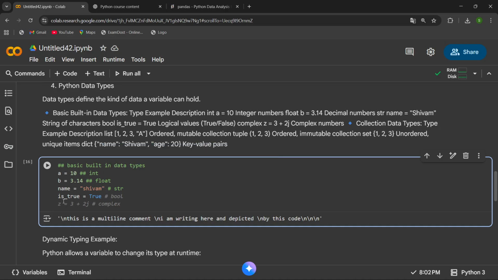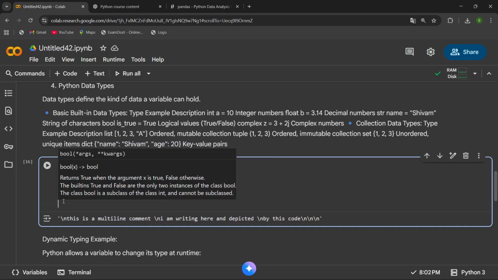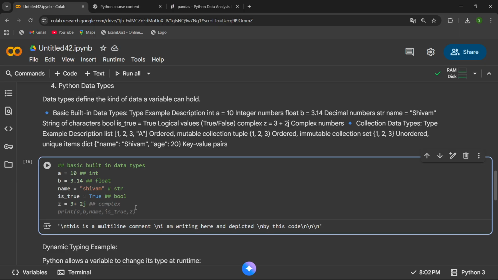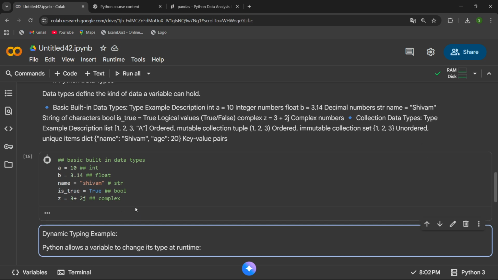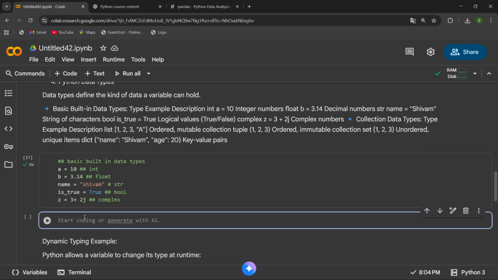So it is basically a boolean data type. And similarly, if you want to write complex, like z is equals to 3 plus, let's suppose, 2j, so it's basically the complex number data type. If you want to execute it, just execute it, and if you want to print the variables, you can just write